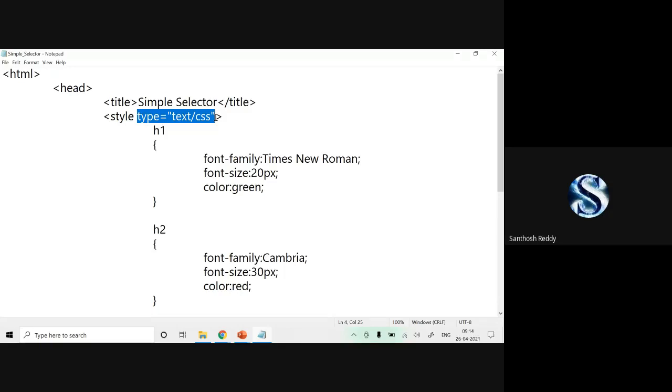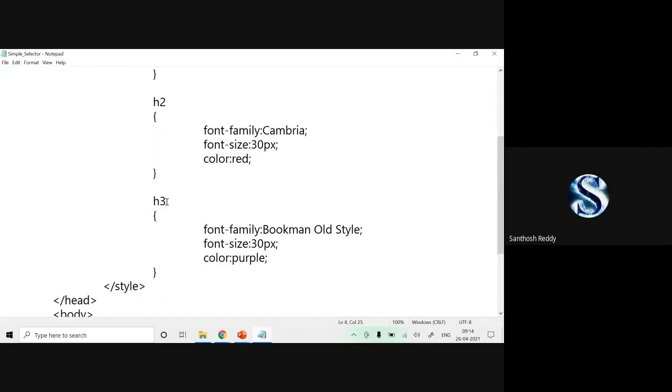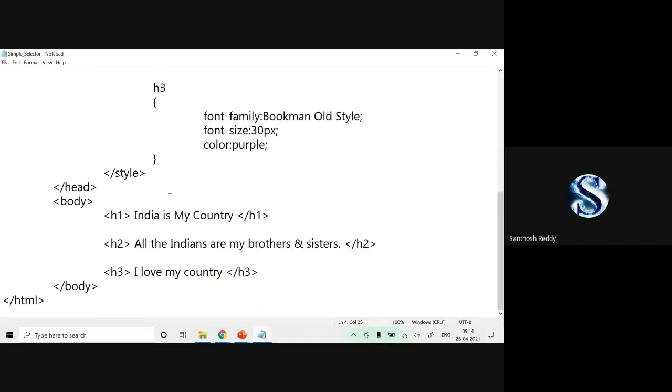The content which you write within the style part is normal text, which refers to your CSS, so we give a hint of text slash CSS. Understood? Simple selector says you can apply your properties based on your tags.